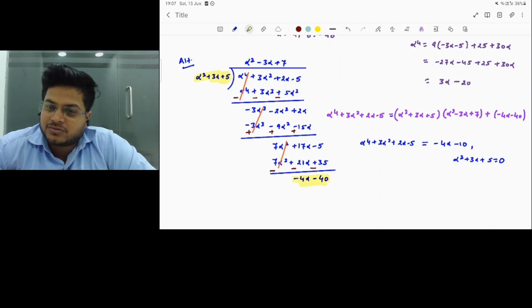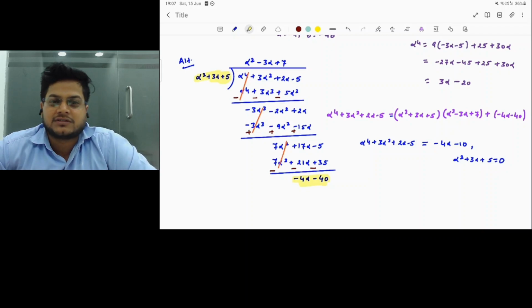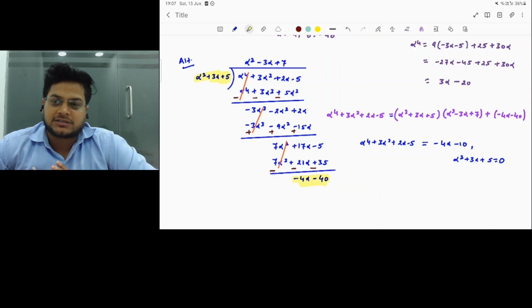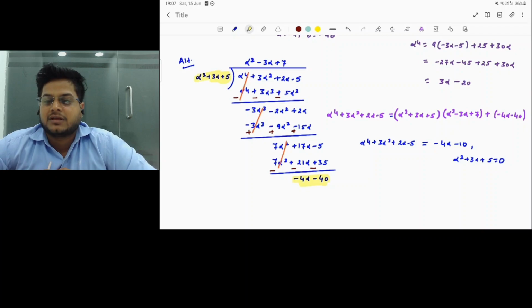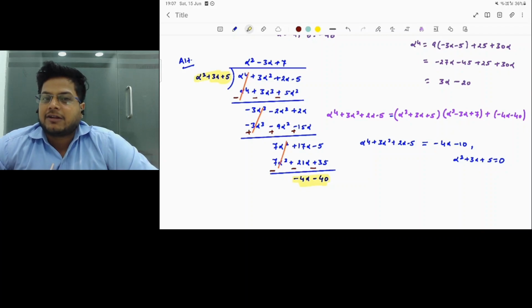You are doing a division by 0. Is it acceptable? I hope you are getting my question. The first part is we did the long division, isn't it? So we did long division. We got the value. That's completely fine, and we got our answer also. Very comfortable, and it will work. It will work always. But I'm just trying to put a doubt in your mind that alpha square plus 3